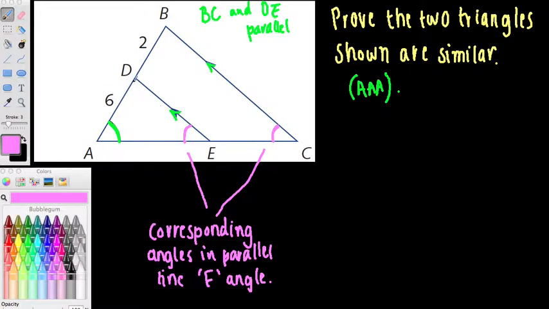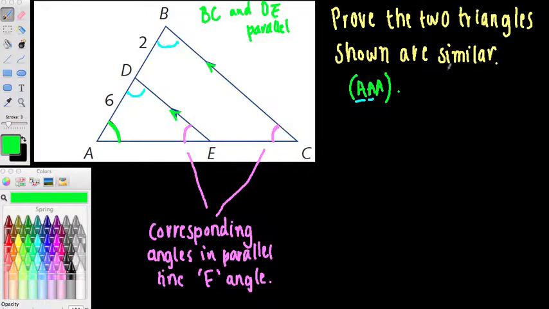The smaller triangle and we've got the larger triangle. We do have enough. We've got two of the angles. Therefore, the last one must be the same as well. So let's prove this now. What I need to do is make a statement about these angles being the same and say my reasons for